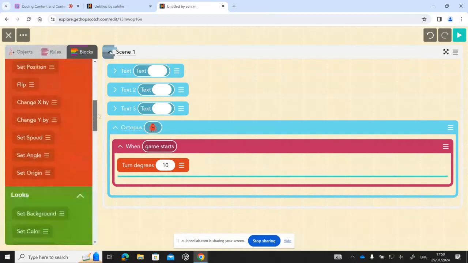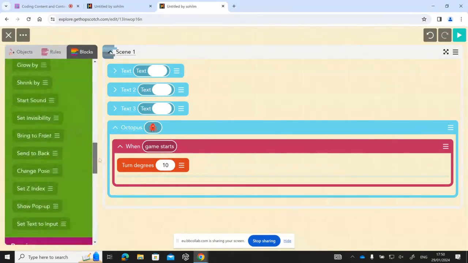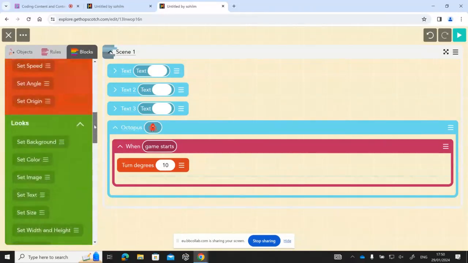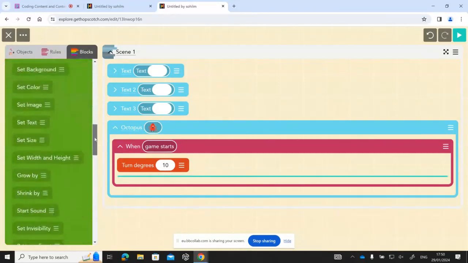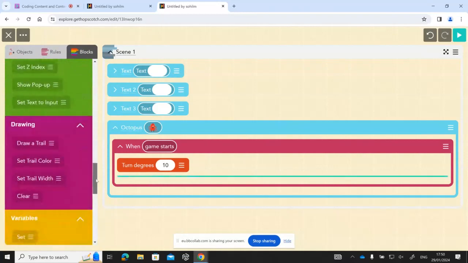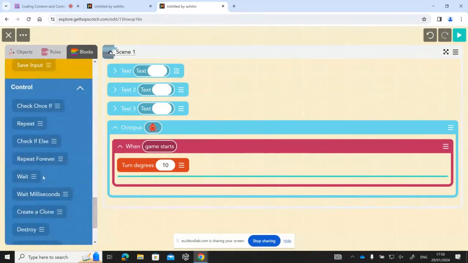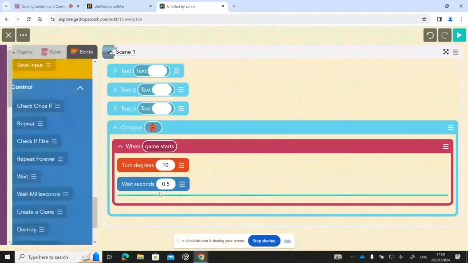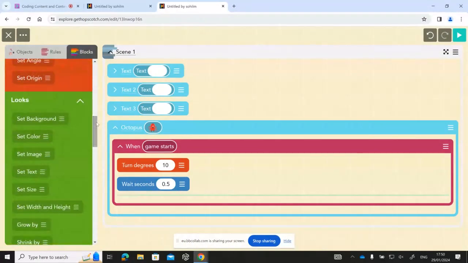All right, the next thing you do is you wait. So they will turn to the right, wait, and then turn to the left. So it will seem like they are running. All right, the next thing, this will turn right. So the next thing we want to do is turn